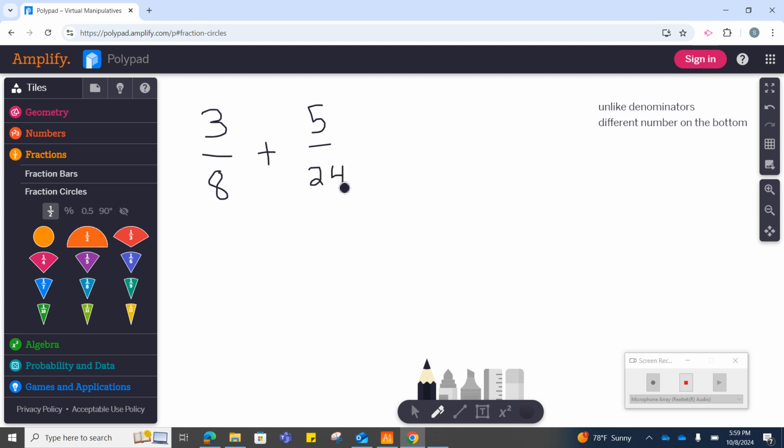In order to do this, I need to find a common multiple. Now we say least common multiple, but I'm going to do this over to the side. And if we want to know what number to stop at, it would be 24 times 8. But in the interest of time, you're going to see you don't actually usually have to do that. So if you don't know your multiples of 8, you can take out a multiplication chart and you can look,